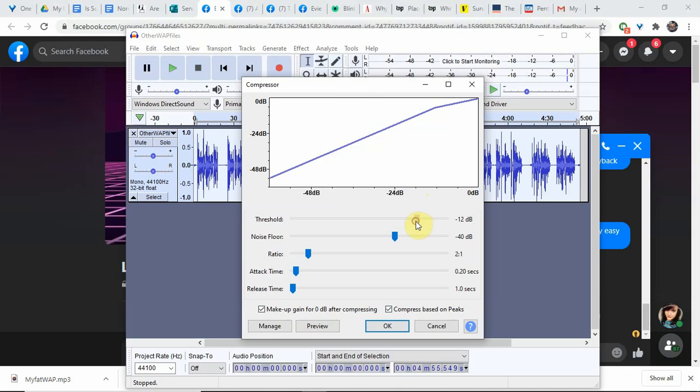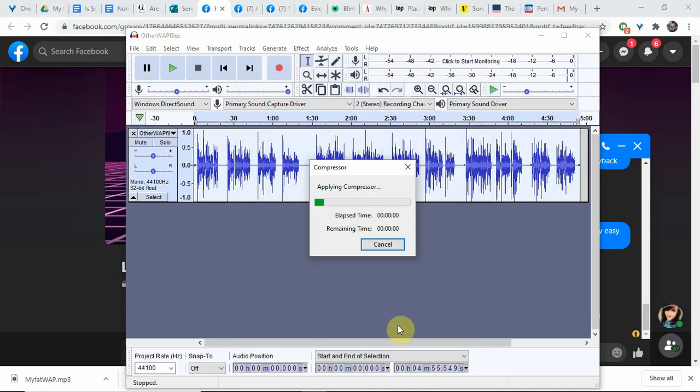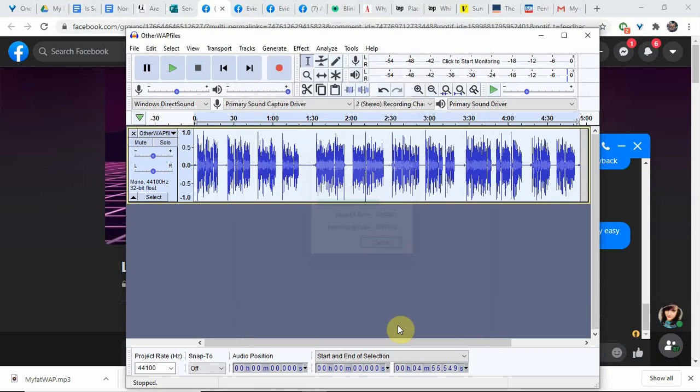Let's just play around with the slider. You can kind of see how it changes the cut. But this is really just going to cut off some of the top end. And since it's compressing based on peaks, I think what that does is kind of normalizes the audio. And you're going to be able to see that in the recording. See, it didn't raise the level of any of the highest parts. It more raised the quiet parts to match them.